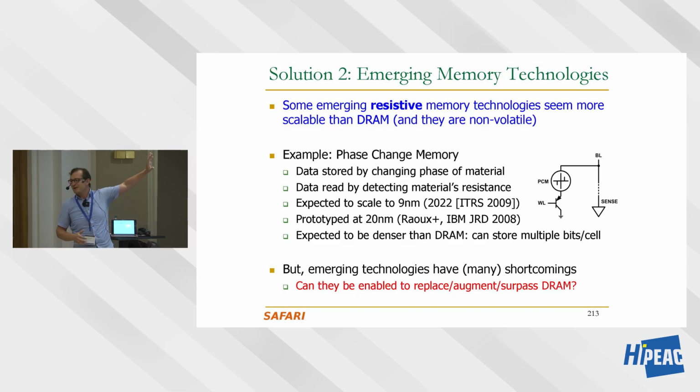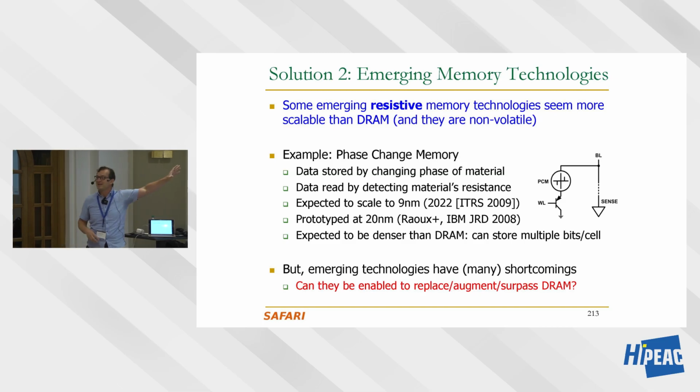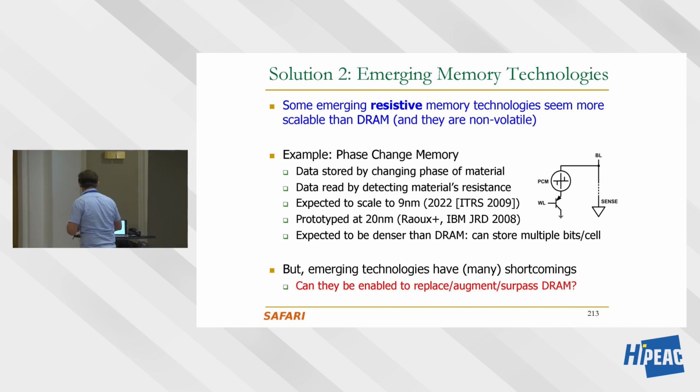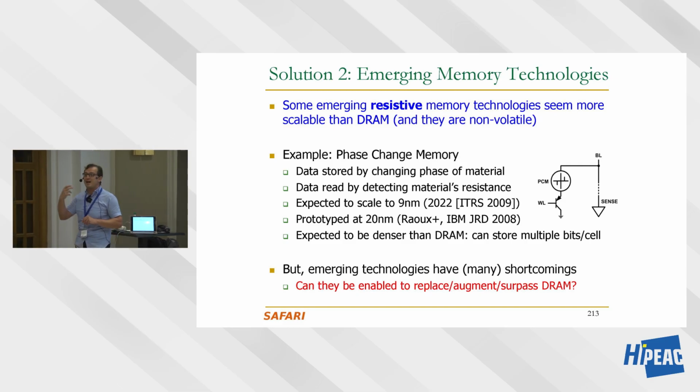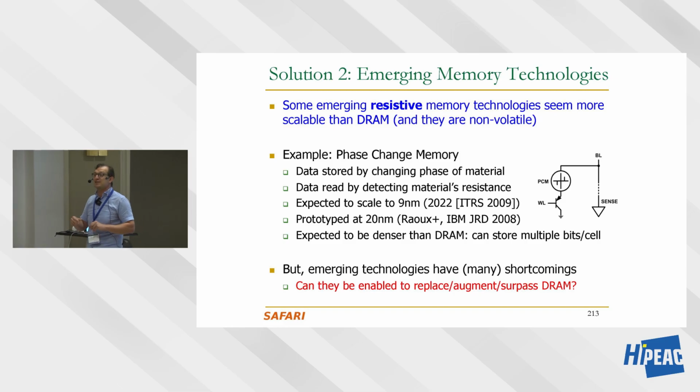So that'll become more clear when I see a dangerous trend: because Intel didn't follow through with Optane memory, for example, people are saying, oh, we should not work on emerging memory technologies. I have to set that a little bit straight over here. So I think there are very interesting emerging memory technologies that are more scalable than DRAM. A lot of them are resistive. They don't operate based on charge principles. So whenever you access, you don't access a capacitor, for example. You check the resistance of a resistor or a magnet, etc.